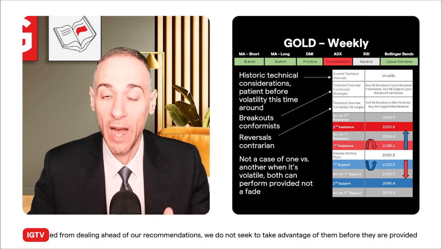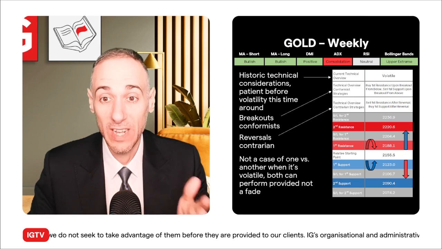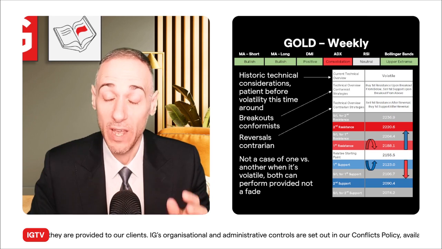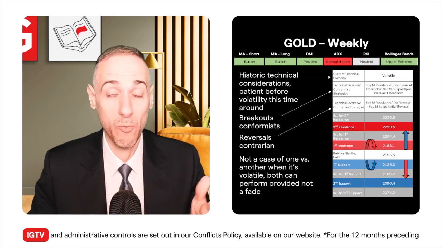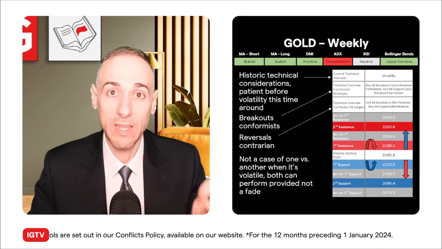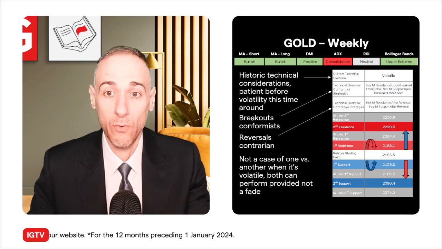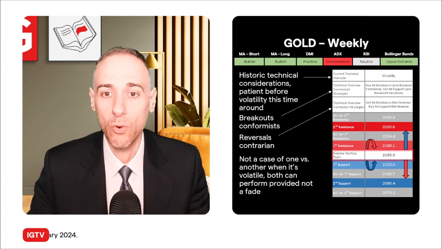And it's usually either or when it comes to breakouts and reversals. That's the reason why under a volatile overview, those are the only strategies we'll see in both conformist and contrarian. But if you think that for whatever reason things are going to remain calm, or that it's going to be range bound within this area, then yeah, you could entertain a fade. But for a volatile overview, you're not going to find a fade strategy in either the conformist or the contrarian camp.